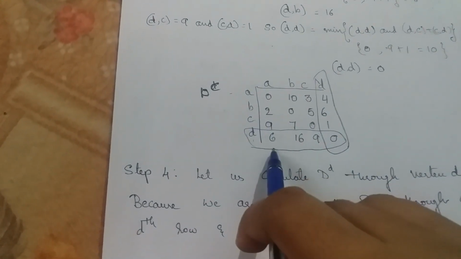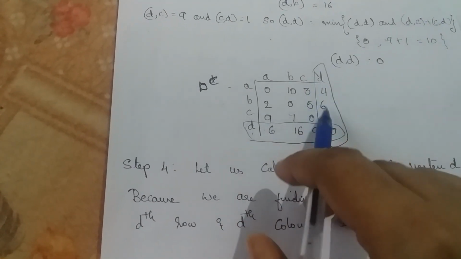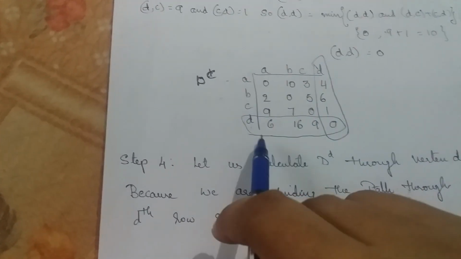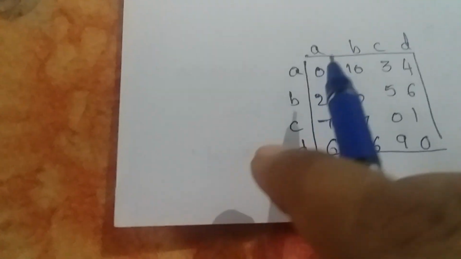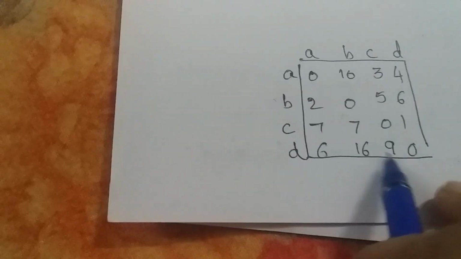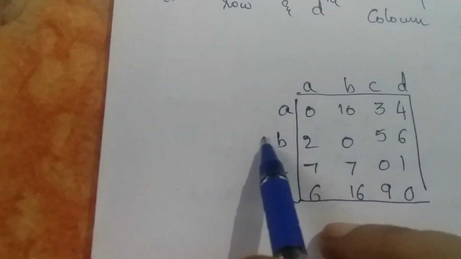A, there is a path, and D to D there is a path. So D comma D, by applying transitive closure, we will follow the same method, and in the last we will get the transitive closure, that is the cost adjacency matrix. This is the final cost adjacency matrix for the all pair shortest path using Floyd's algorithm.